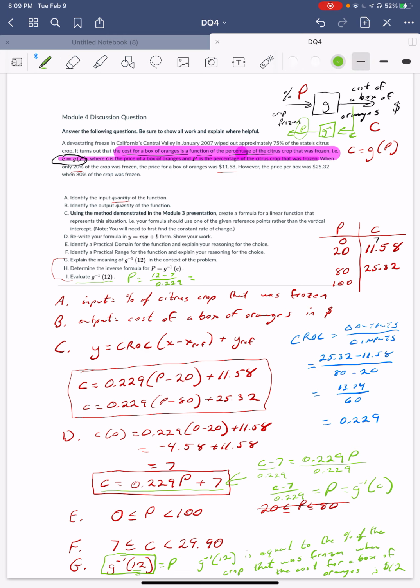21.83. And so that tells me that when the cost for a box of oranges is $12, then it must be that 21.83% of my crop was frozen. All right. Well,